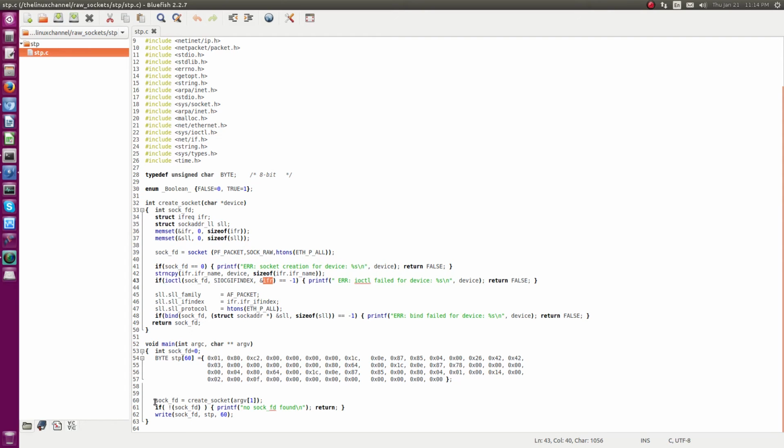So once create socket is successfully executed, we'll get a sock_fd file descriptor, which is populated, and with this we can finally do a write system call. So with this the packet will be sent across as well. So you can see here I am passing this HTTP buffer, and then I am passing this size. So for now you can ignore this magic number. This is actually a bad way of doing a program, but since it is a very small program, you can just ignore about any sort of coding practices as such.